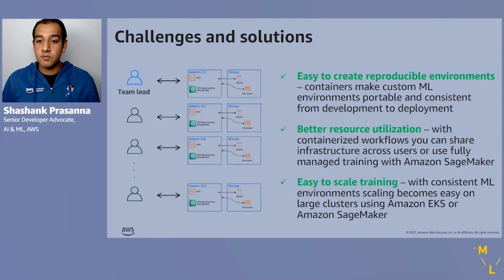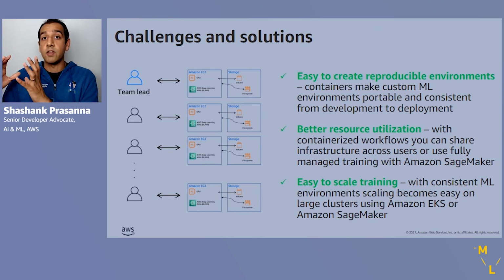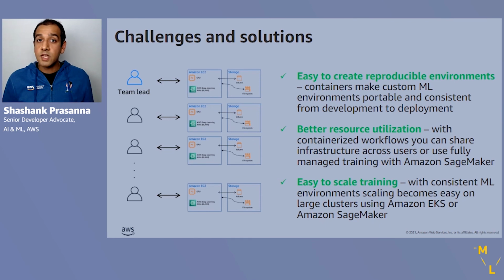Now, let's recap all the things we discussed. Some of the challenges with custom machine learning environments can be easily addressed with containers. Machine learning stacks are very complex, but with containers, you get this lightweight, portable environment. You get better resource utilization when you use a cluster, because you get sharing of resources across different users, and where you develop models can be different from where you actually train them, on high performance GPU instances, for example. And it's easy to scale with both Kubernetes and SageMaker. People have different preferences. With SageMaker, you get a more fully managed experience, as we saw.